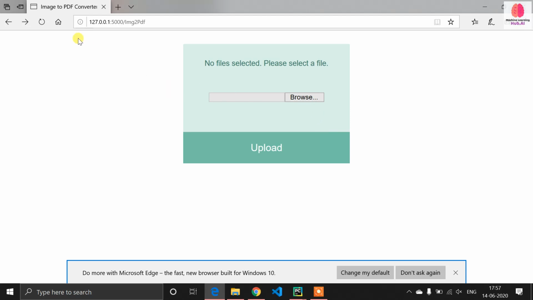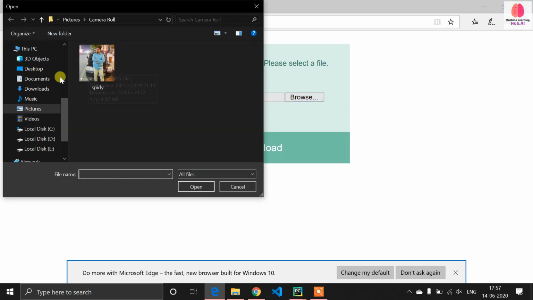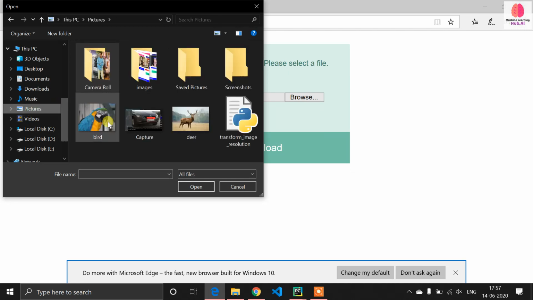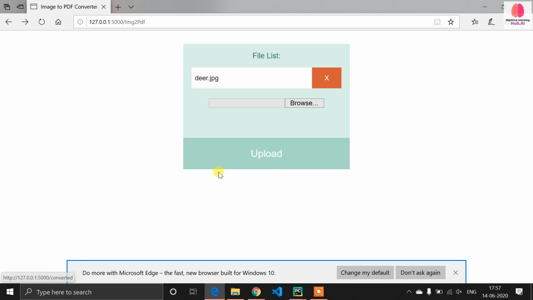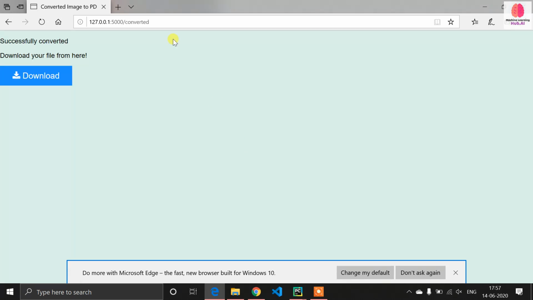So let's get started. This is our Flask web application. You can see this is one kind of web app. Now you just have to upload any of the images you have. Let's see, I'm going to upload this deer image. Now it can convert your image into a PDF file. I just have to click on the upload button.